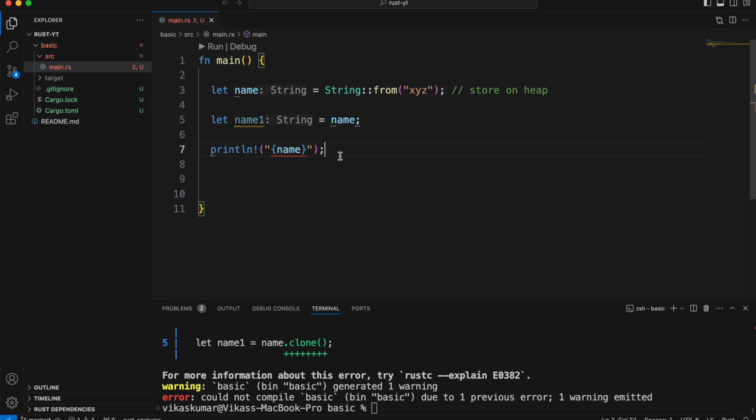So now let's introduce this ownership concept. In Rust we have an ownership concept, and generally this concept applies only to data which is stored on the heap, because if data is on the stack, copying from the stack is not going to take any time. It's a very easy operation. So let me show you. All the primitive types we already learned are going to be stored on